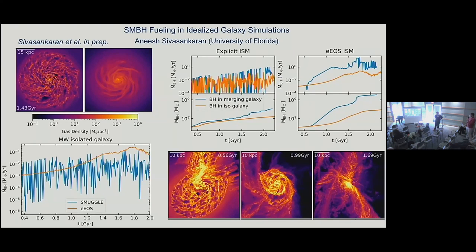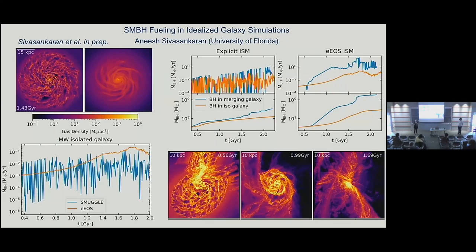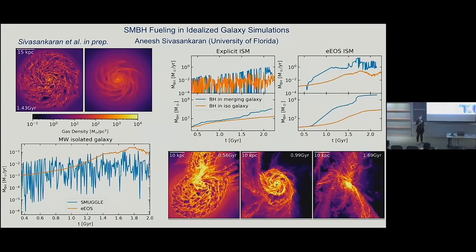relatively poor resolution we can achieve in these galaxy scale simulations, I think the effect of radiative feedback is probably most of the times unresolved so far. Of course, if we are able to increase the resolution, we could resolve it, but we are not there yet, I think. Yeah, I would also just echo the importance of directly resolving dynamical friction around a galactic nucleus containing a black hole that is continuously being tidally stripped. I think that's a problem that we haven't really fully solved yet in terms of directly modeling it.